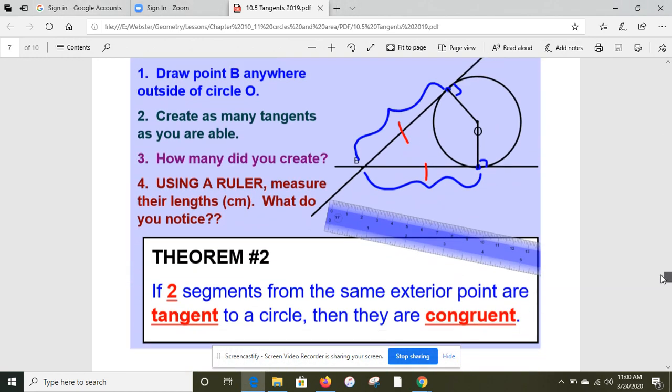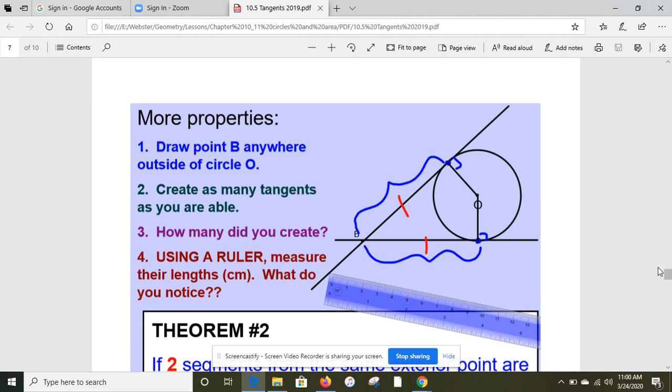The next theorem here is the second theorem, where if you draw any point randomly outside the circle, okay, I just called it B. It doesn't really matter, but I called it B. If you create a tangent line from here to here, and then draw a second one from here to here,